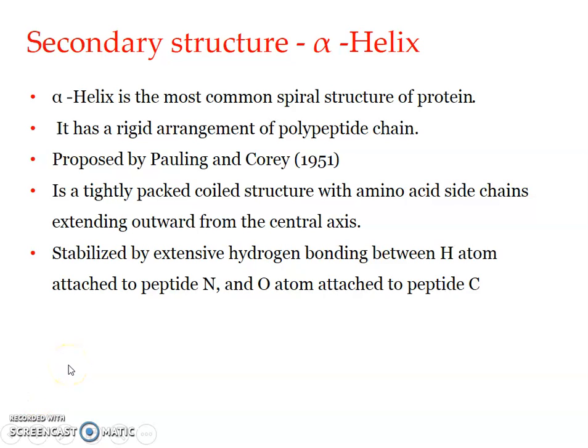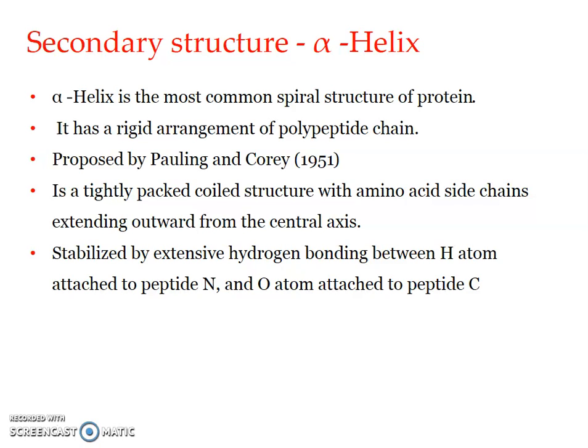Welcome back. This is about the secondary structure of proteins. There are two kinds of secondary structure identified for proteins: alpha helix and beta pleated sheet, or beta sheet. Here, the alpha helix is the most common spiral structure of proteins, and it has a rigid arrangement of